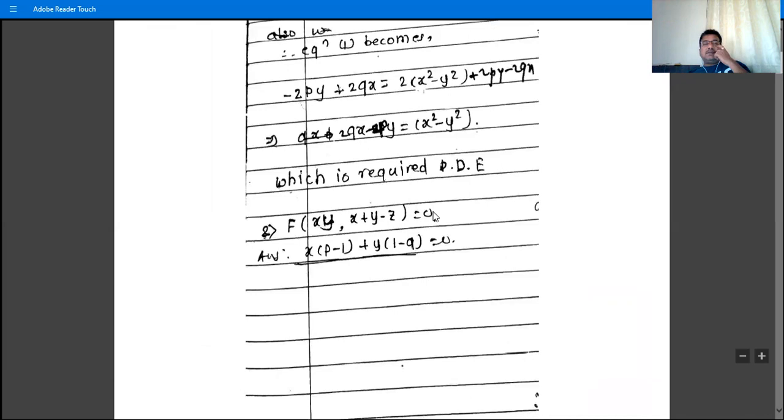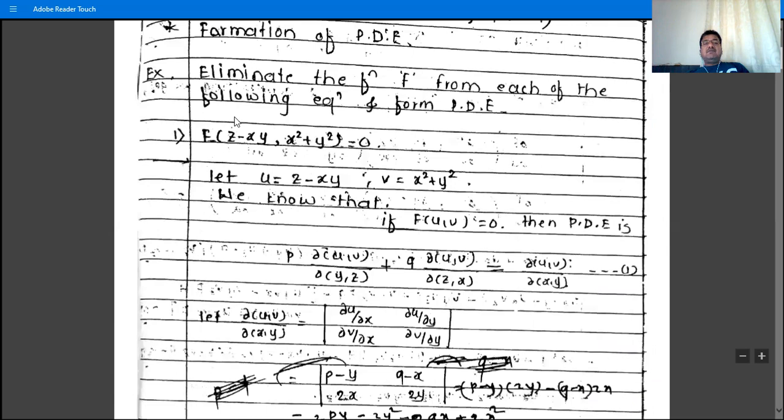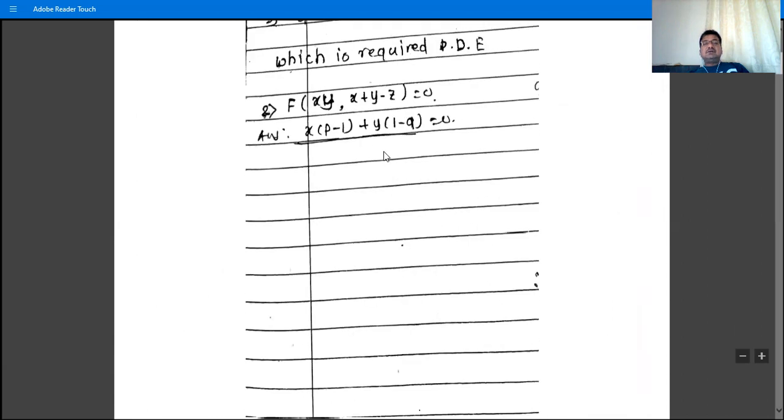So this is the problem, and this is its solution. So next problem is for homework, that f of x into y comma x plus y